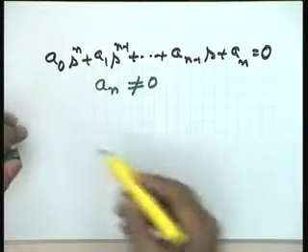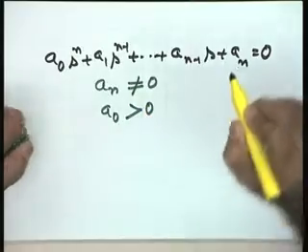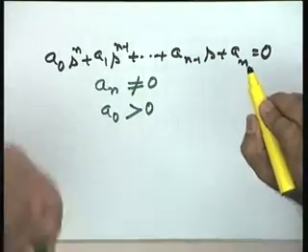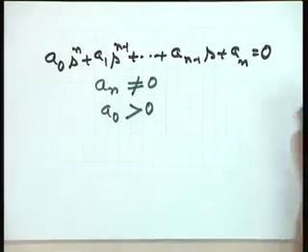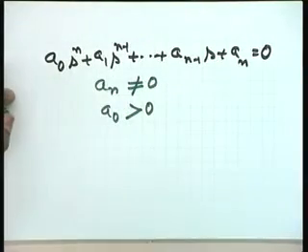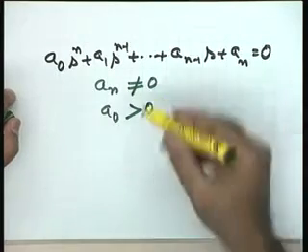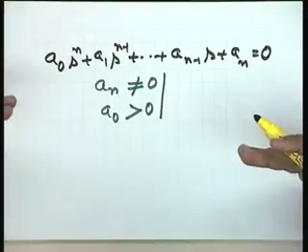Okay, one point. And second point I am making, that a naught is always greater than 0. It is only helping me analyze, you see. There is no loss in generality, because what is there after all? If a naught is negative, I will make it positive by multiplication of the entire equation by minus 1. That does not change the analysis, that does not change the answer on stability. So, these are the two things I will keep in mind and write my criterion on the basis of this.